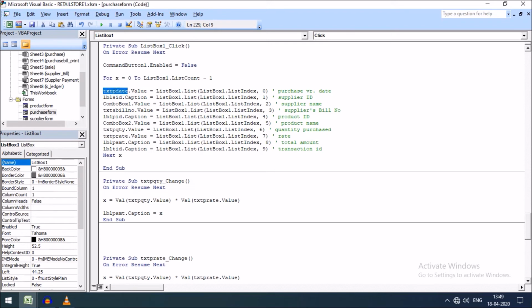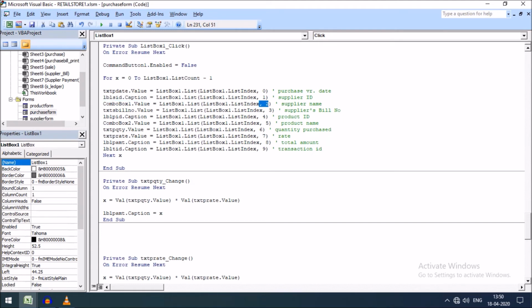And then I have assigned these fields or assigned these controls. You can see assign this text box pdate is equal to the value from the first column of the list box. Similarly, the second column of the list box has been assigned to lbl sid dot caption, that is our supplier ID.